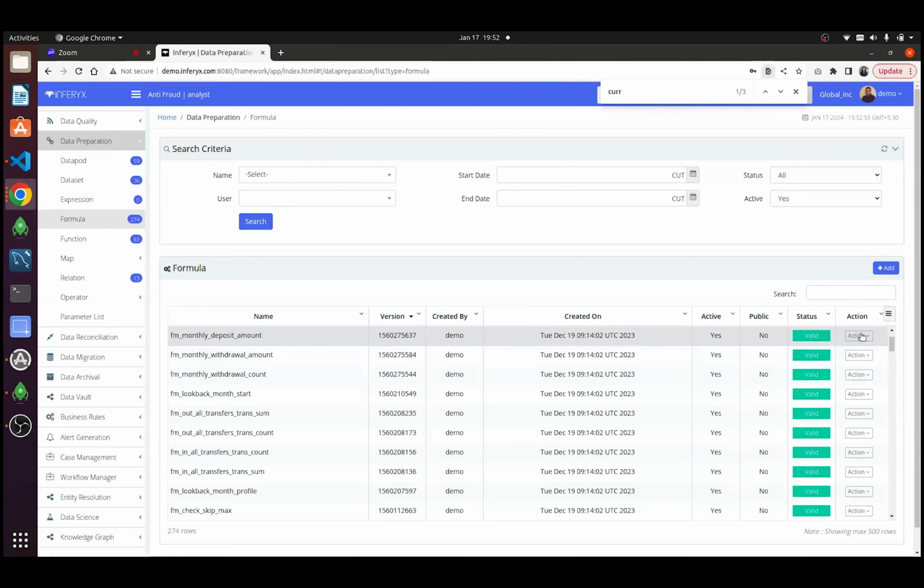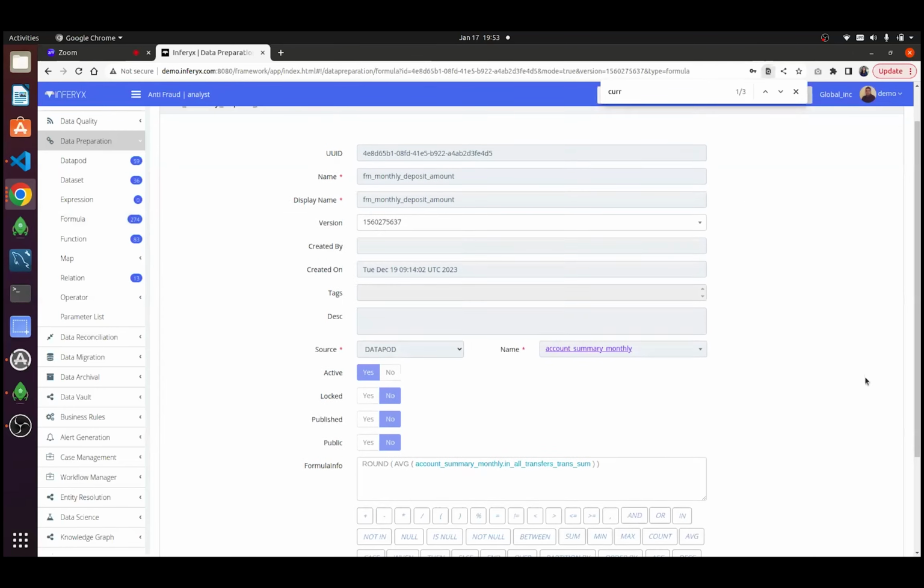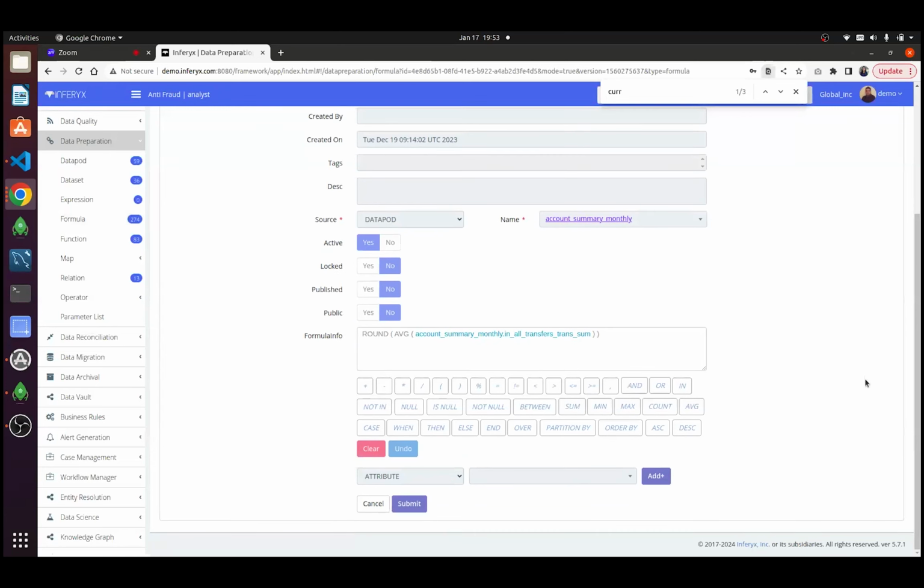Let's open one of the formulas, and then we can look at the logic of this formula. In this particular case, what we are doing is we are just rounding and averaging a particular column. So this is more like a summary feature, right? We get the raw feature, we are taking an average and rounding that number and creating a new